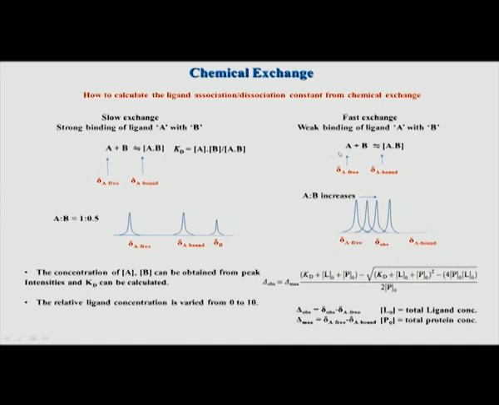So, this is how we calculate Kd values in the case of fast exchange scenario and in the case of slow exchange scenario. But remember, this is not restricted only to chemical shift. Fast and slow can be with respect to any other parameter. So, in the next class we will see how we can characterize Kd value based on different parameters like diffusion, or we can look at the T2 values. Based on that also we can say whether an exchange is fast or slow, and this will have a use. One of the useful applications of chemical exchange is hydrogen deuterium exchange, which we will take up next.